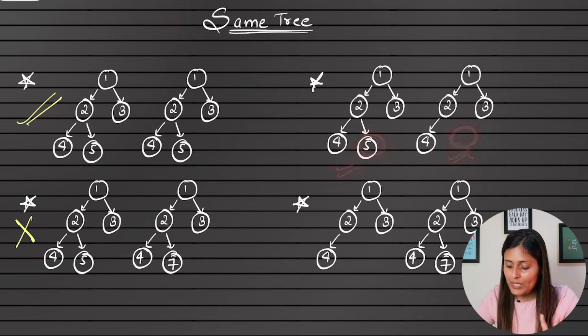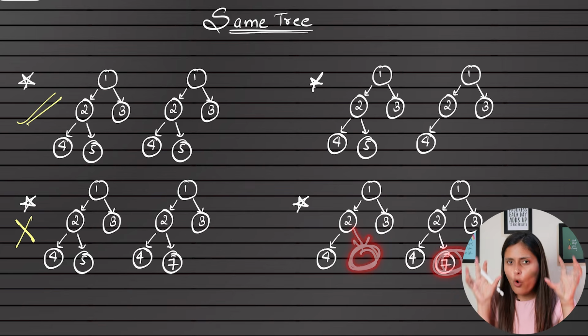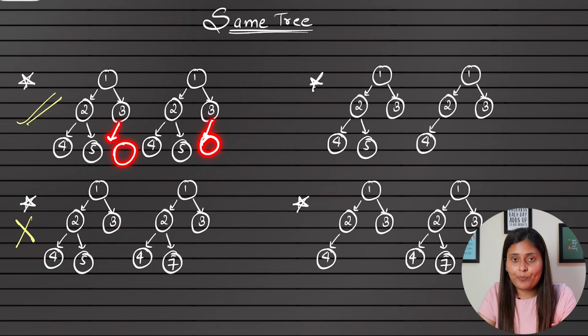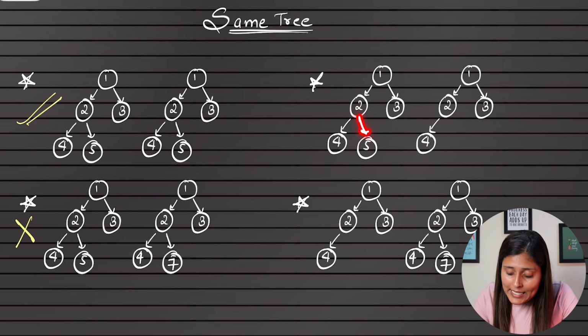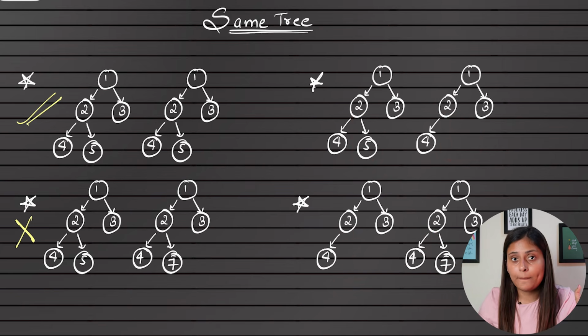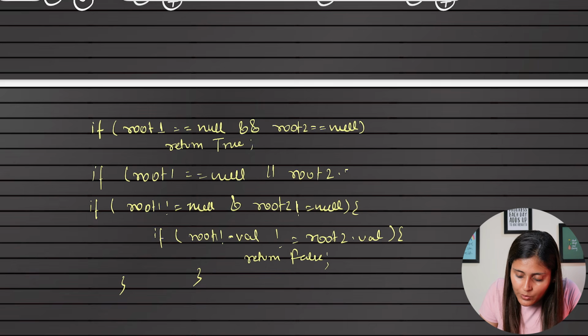Vice versa also. See, root 1 is null, but root 2 is not null. Means if both were null in this case, then it was true. Or else, if any one is not null and the other one is null, that means false. Correct? So we'll write, if my root 1 is equal to null or root 2 is equal to null,